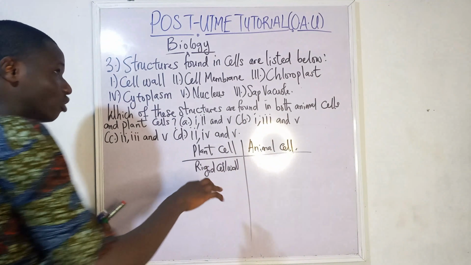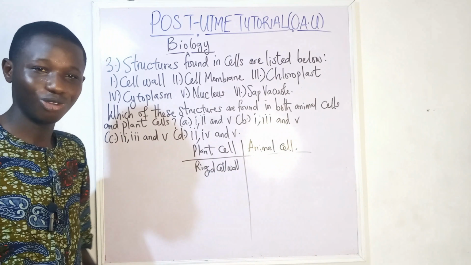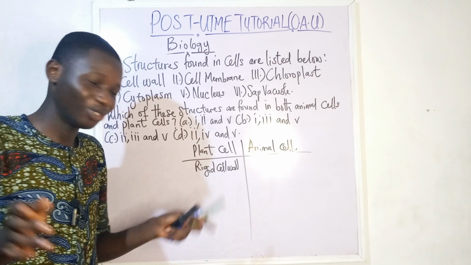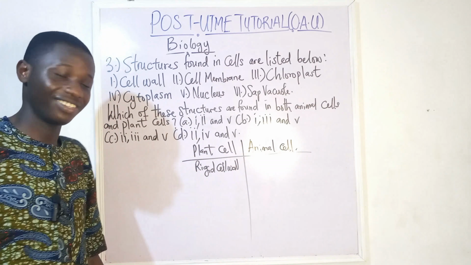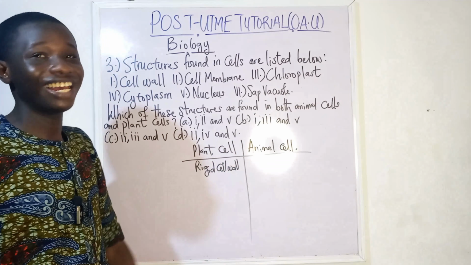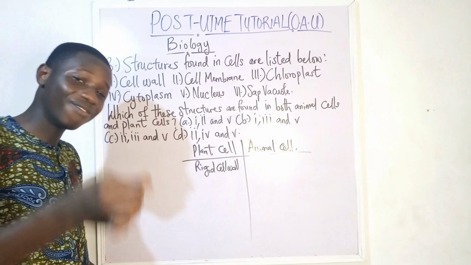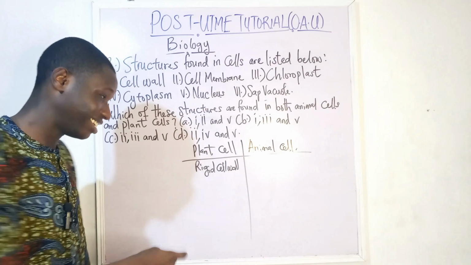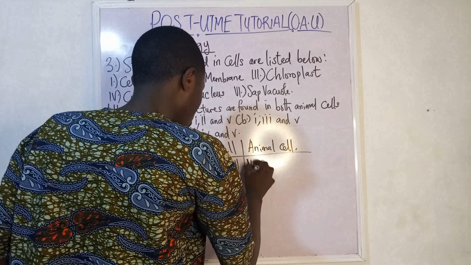I said cell wall is just like a fence. I know that there are some schools and buildings that have a fence. So cell wall is just like a fence. So animals should not have a cell wall. They have no cell wall,